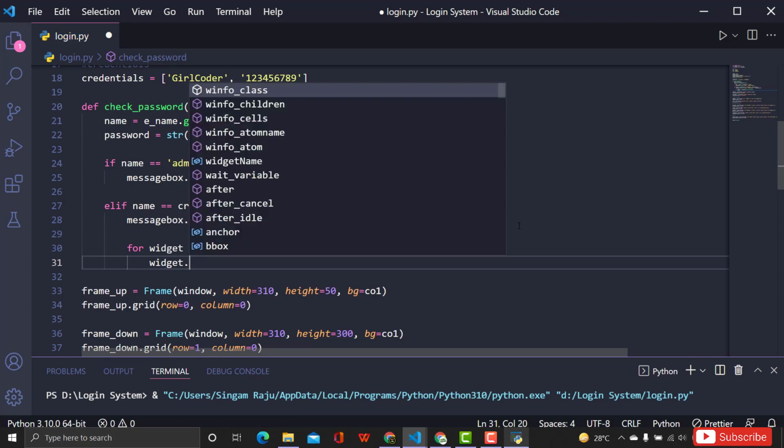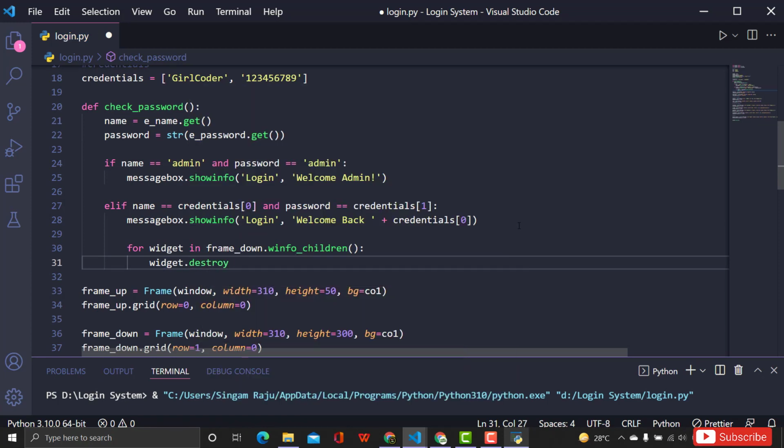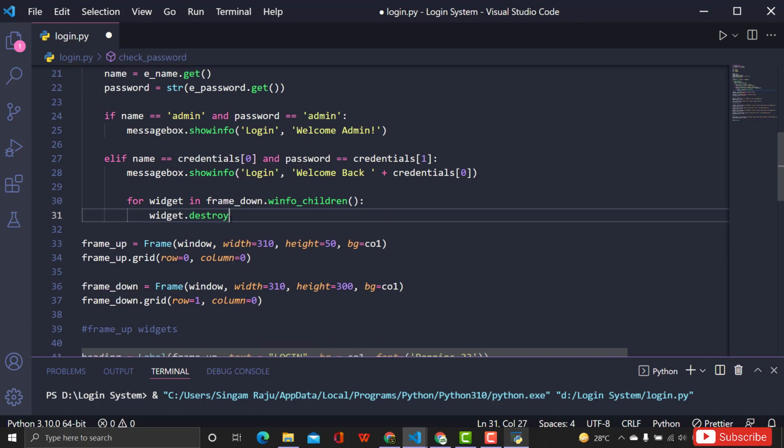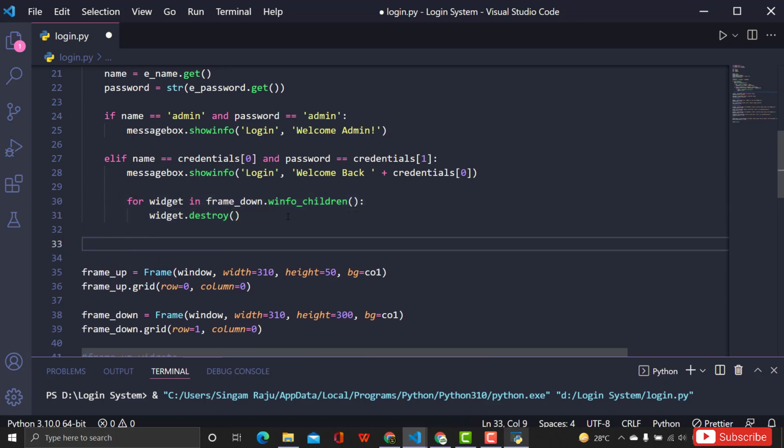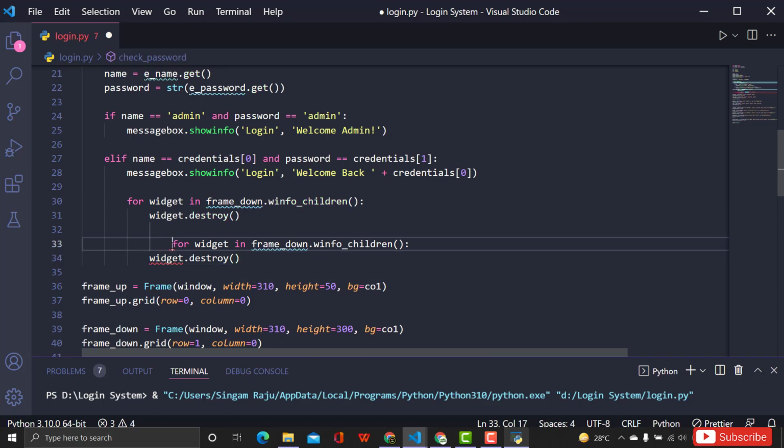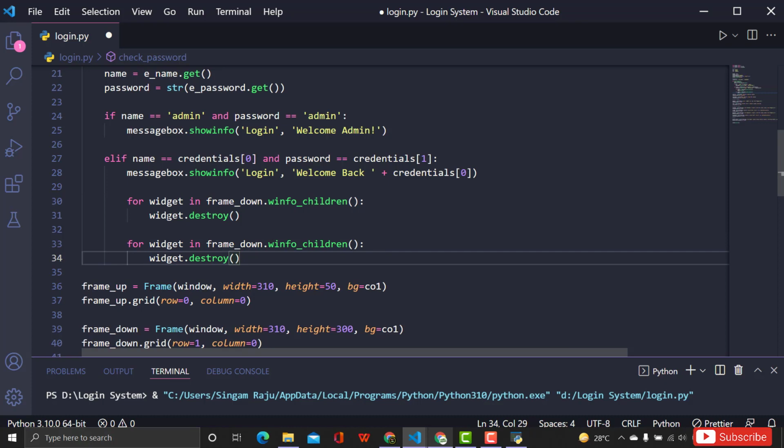It's gonna clear the entire mess over there. And we have two widgets, right? Just copy this and do the same thing for the second widget. If you copy this again and paste it here, and once you destroyed those username and password widgets, we are actually